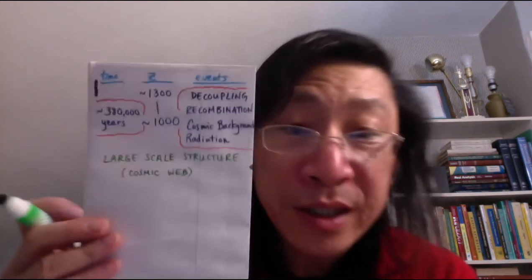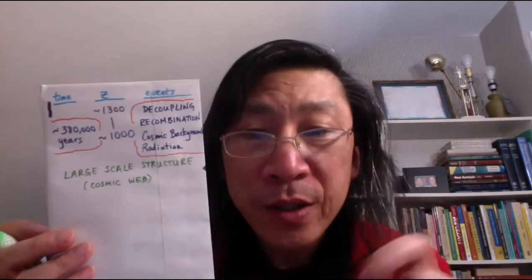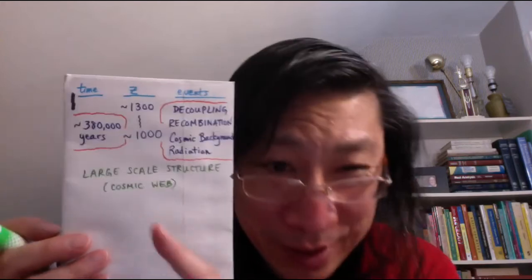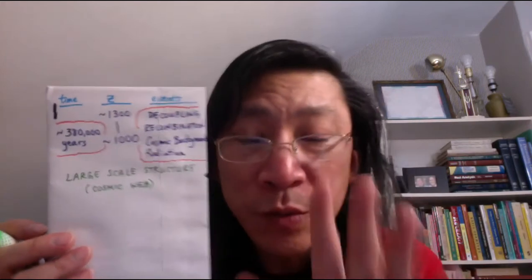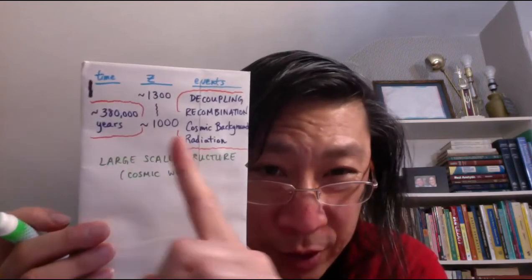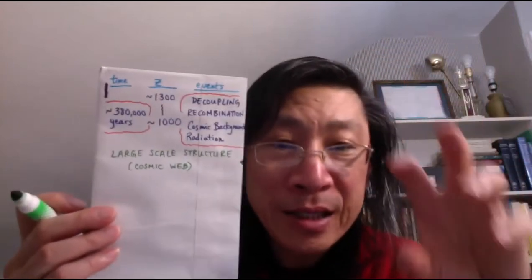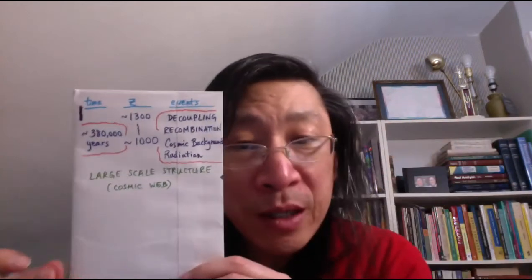Now, we often hear of this being referred to as the cosmic web, okay? And if you do the study guide viewings of the other videos and the other reading that I want you to do during the rest of the study, I hope you're filling out the study guide right now for some of this stuff. But the large scale structure, the cosmic web, you will see, from this redshift of about 1,000 up to the present day, how does matter align itself? How does matter do what it does? That's all a really cool thing that you can simulate using supercomputers and seeing how that matter collects.